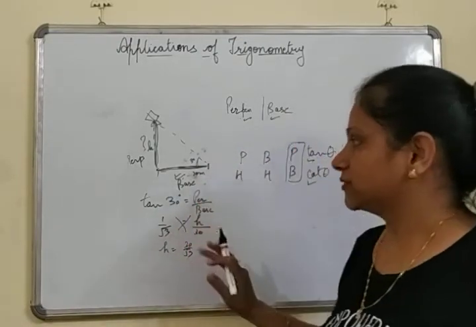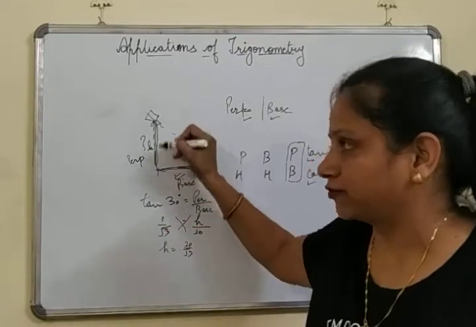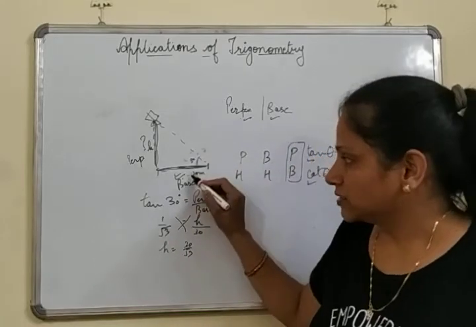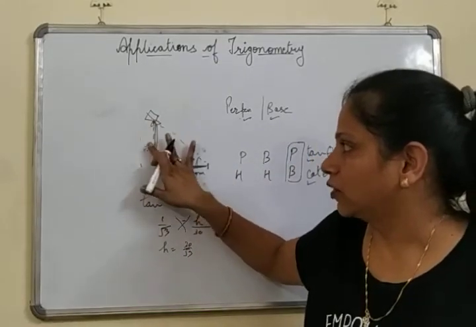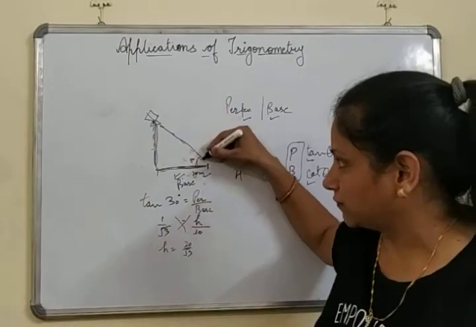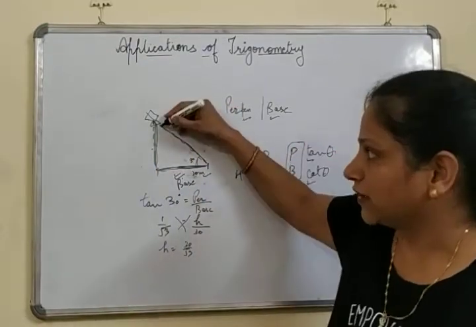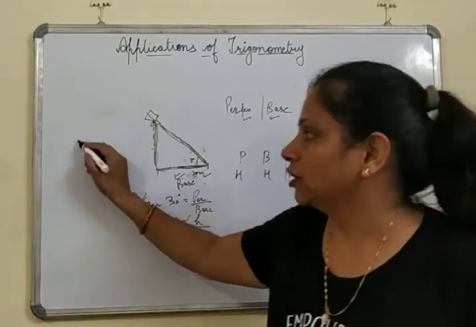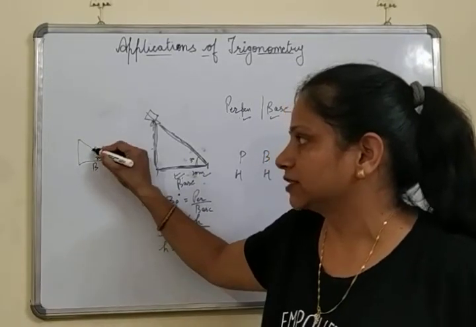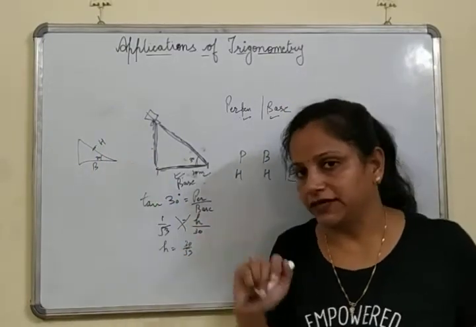Okay. Also in this, if in the previous time I asked you the question, what is the height from the ground of this kite, now if I change my question, suppose the distance on the ground is 30 meter and you need to find the length of this string, the thread used in flying the kite, you need to find this. Now in your triangle, this is your right angle triangle, this is angle 30 degree, obviously this is base. So what is this? Hypotenuse. That means base is given to us and we have to calculate the hypotenuse.